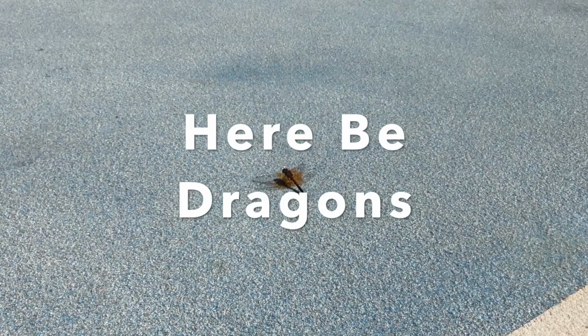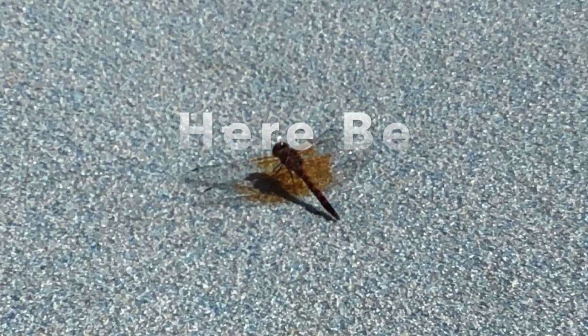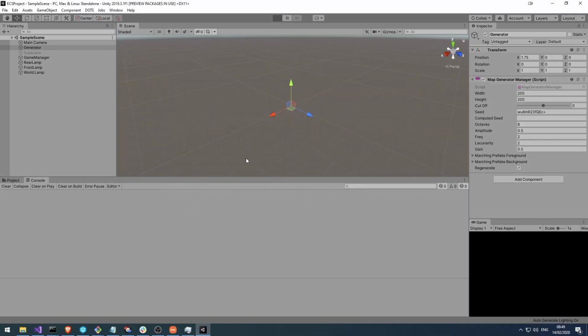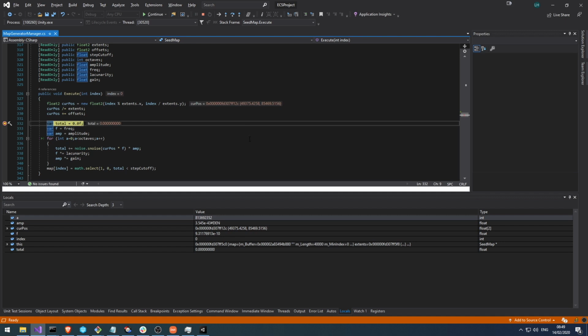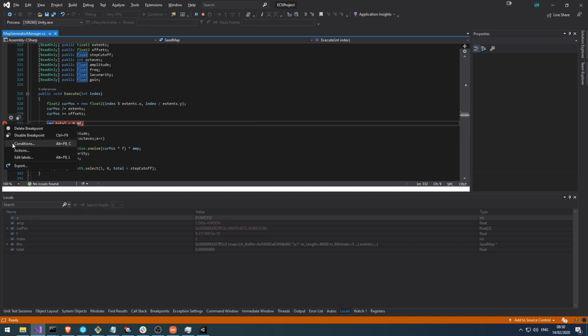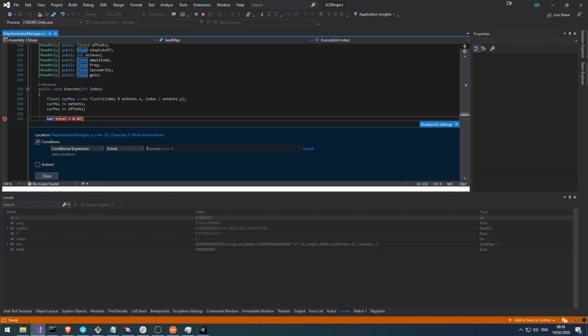Now I will cover some limitations and how to work around them. First of all, if you are debugging threaded code, you should be aware that your breakpoints can be hit multiple times, which can lead to some confusion as you are stepping in the debugger. The easiest way to work around this is to use a conditional breakpoint, and in this case I tie the breakpoint to the index. This way my code only stops when the index is 0,